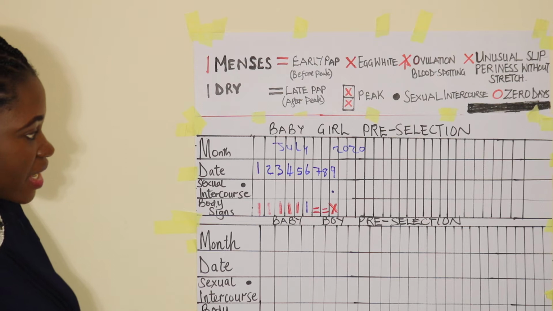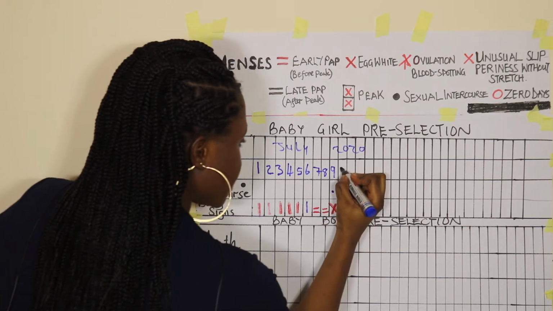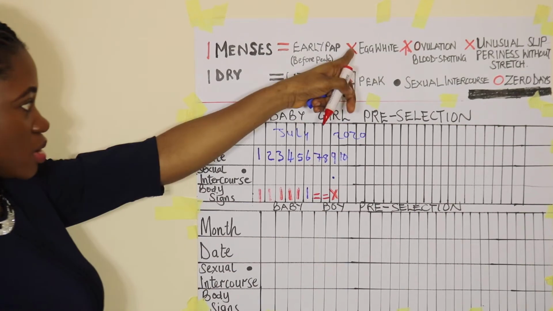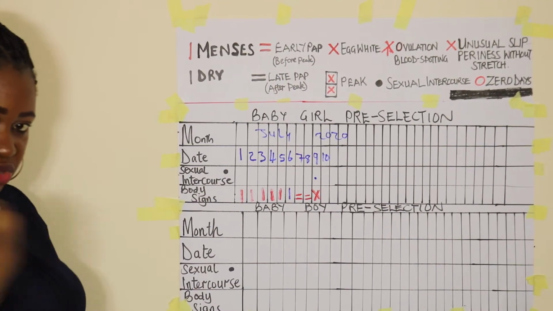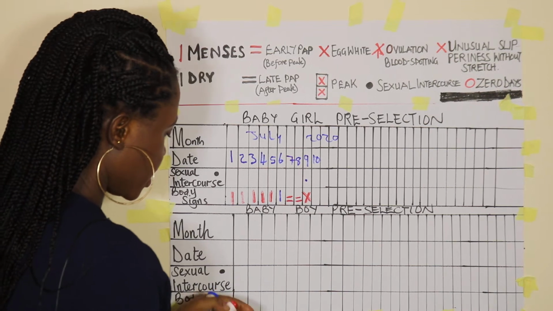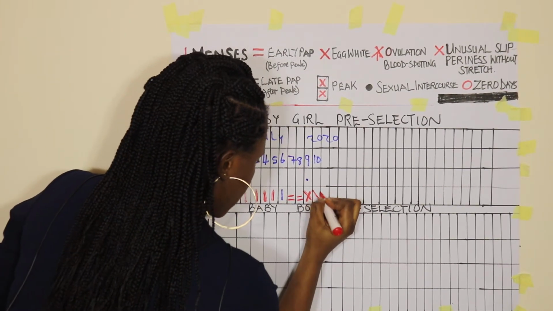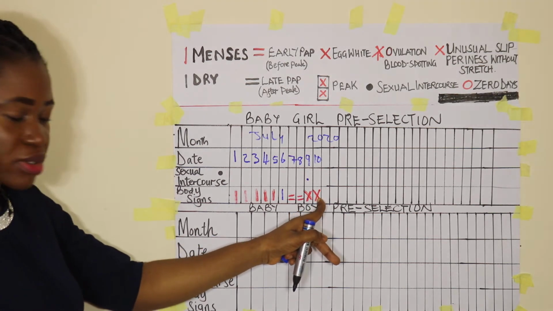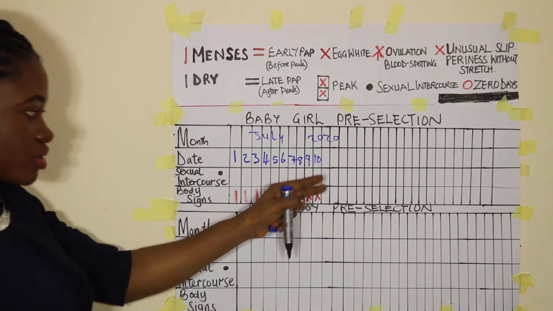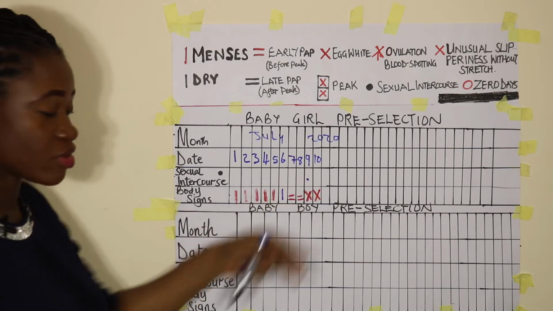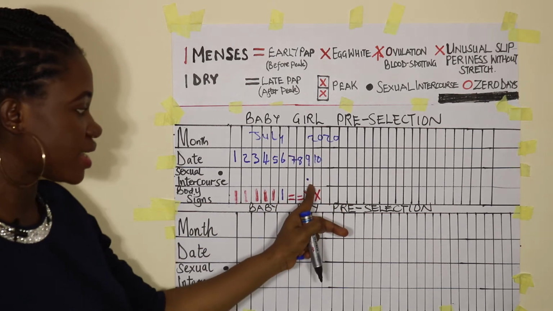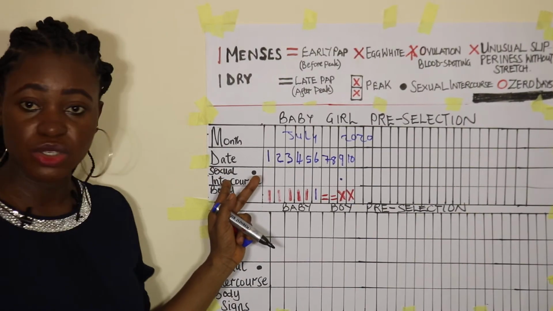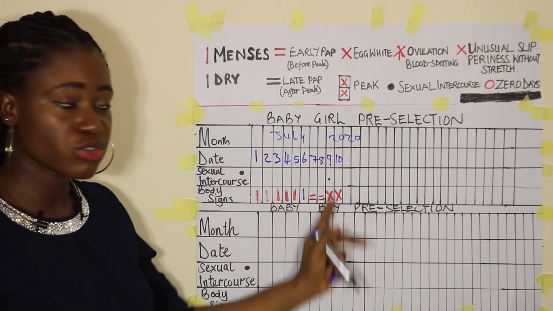And then on her cycle day 10, which is the 10th of July, her egg white fertile mucus still came out, a stretchy and slippery one. And then she marked her egg white fertile mucus sign. And on this day, she's not going to have sex again, so that the sperm that she had sex on the 9th of July will come out. So she is not going to have sexual intercourse with her husband on this day,